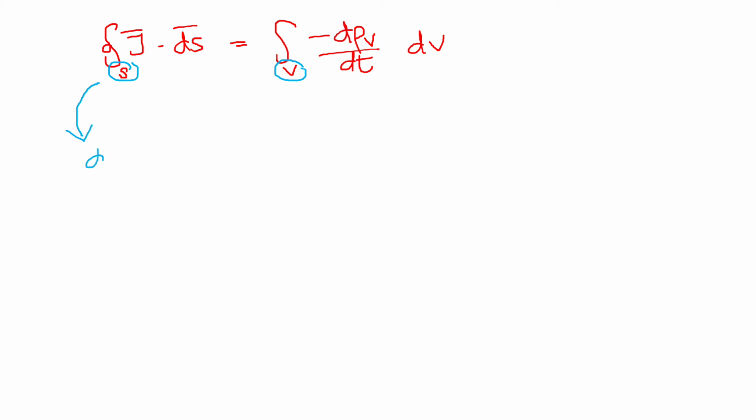With that, we need to use the divergence theorem, because the divergence theorem gives us the conversion between the surface and the volume integration. So from here, we can write the volume integration of the divergence of J dv